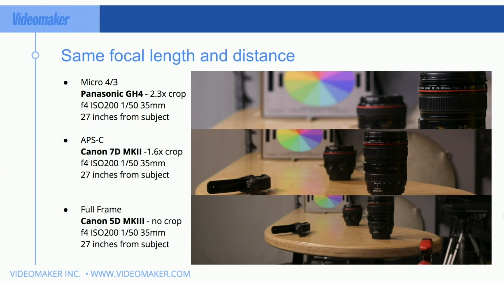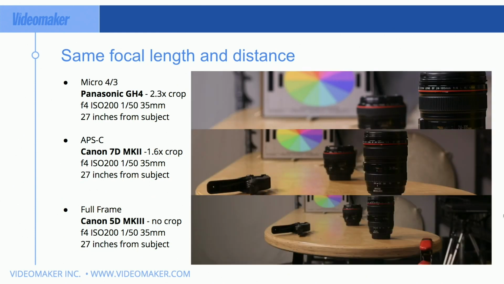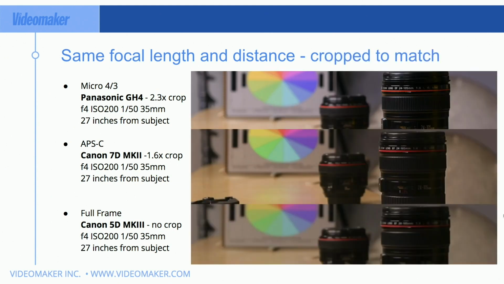What's going on? Well, if we zoom in and we crop the shots from the APS-C and the full frame to match the Micro Four Thirds, we have this setup here, which now you can see, other than resolution loss, because we had to actually zoom in on the shot, they all have the same amount of softness, and the space compression is exactly the same. These three shots are the same exact shot as these three shots, just cropped to match the top shot, and they all are the same. Now, you see a little bit of softness on that bottom one because we actually lose resolution because of the cameras that are here and the resolutions they were shot at. But they're all exactly the same space compression and the same amount of softness.